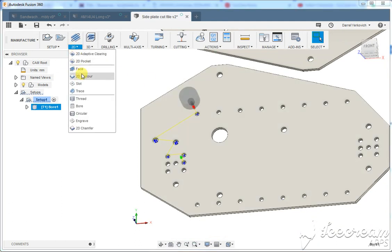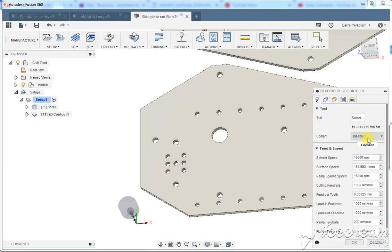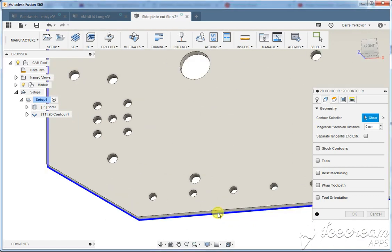The next one we'll do would be a 2D contour to cut the part out. So with this one, kind of the same thing. We already have the bit in here. We would go in and select that. It's just that this time we'll make our cutting feed rate 1,000. That's good. Let's make our ramp feed rate also 1,000, because what we're going to do is do a ramp on the contour as well, just to kind of speed things up. So you can come in, select the geometries you want. I always just select the back one, like near the table,